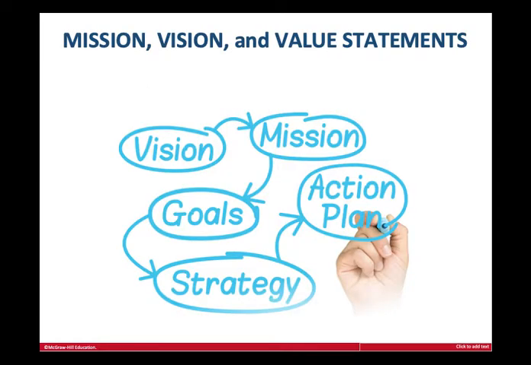So the planning process begins with 3 attributes. A mission statement, which answers the question, what is our reason for being? Basically expressing the purpose of the organization. It identifies a vision statement, which answers the question, what do we want to become? And it should be a clear sense of the future and the actions needed to get there. And the value statement, which answers the question, what values do we want to emphasize, or what the company stands for, its core principles, the values its employees embody, and what its products contribute to the world.